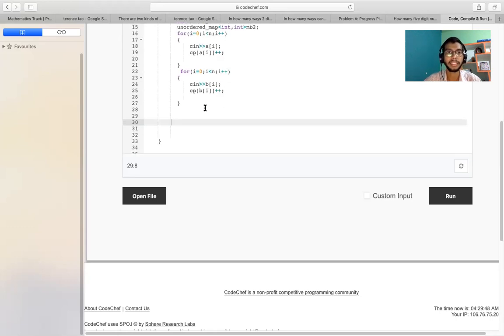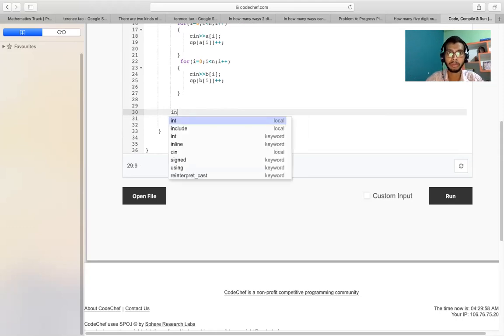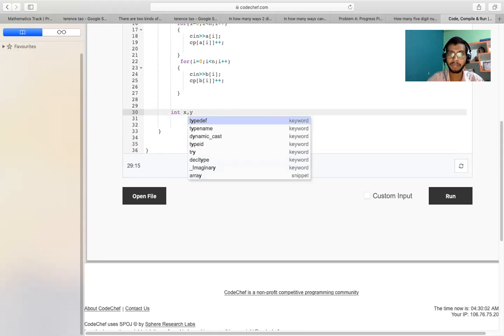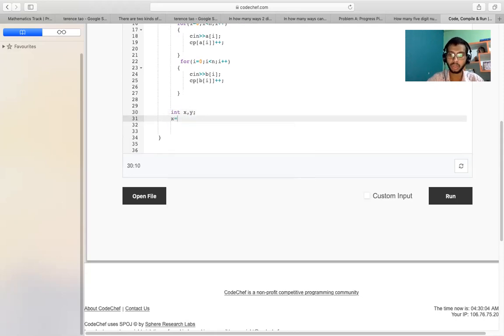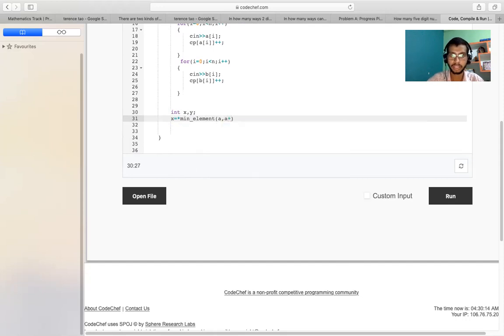So I just simply input that array's elements. So let's run a loop. Firstly, as I told you, we have to find the minimum of that array's elements. So let's define variables x comma y, and x equal to star min_element a comma a plus n.